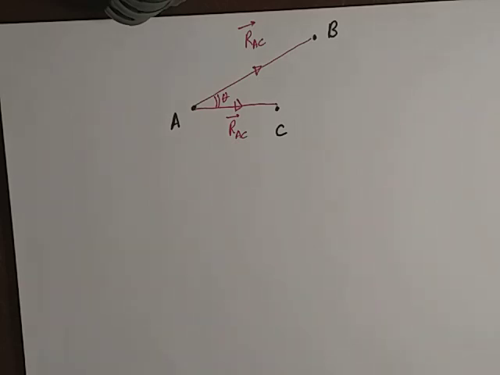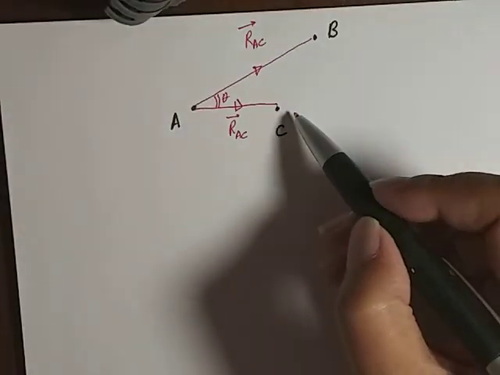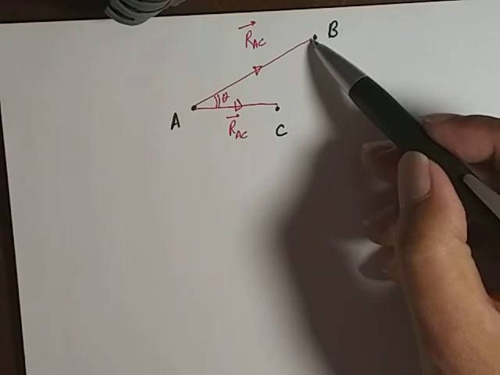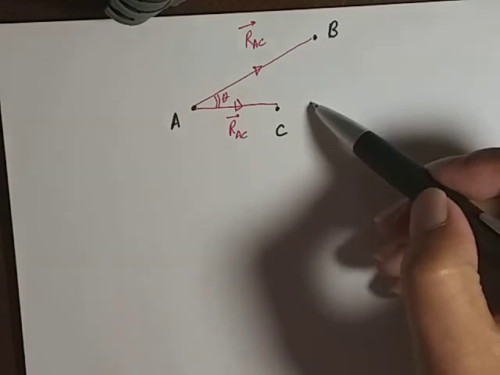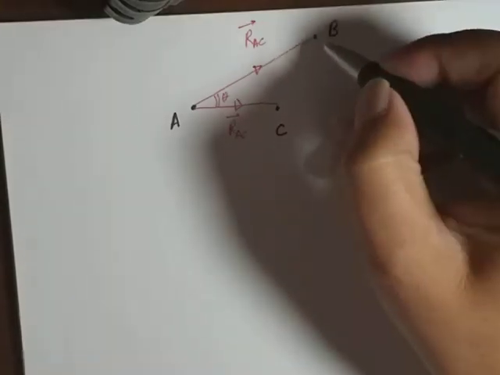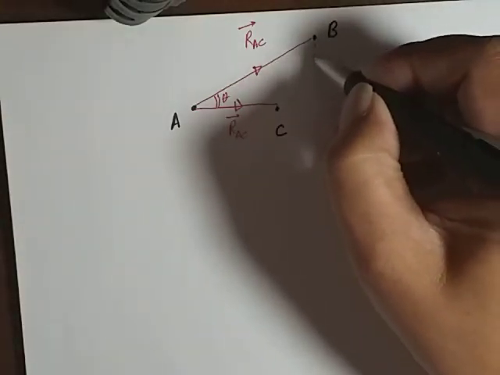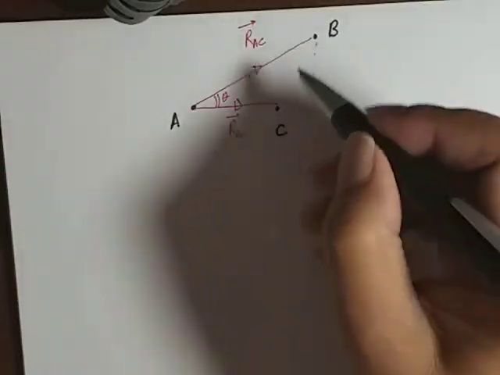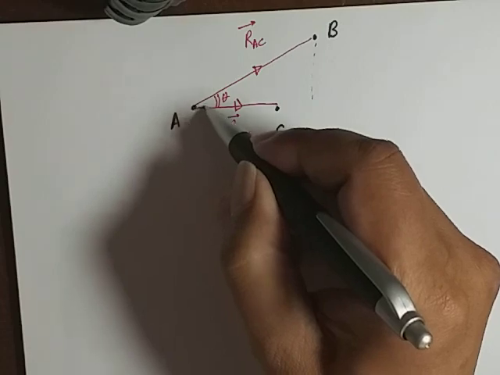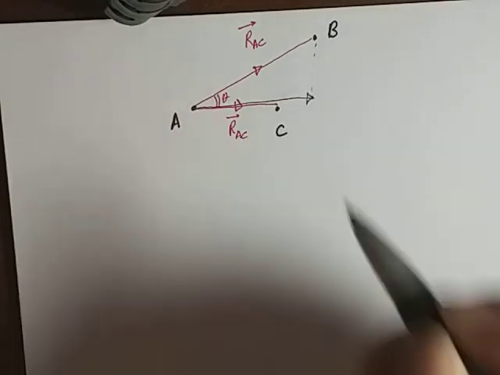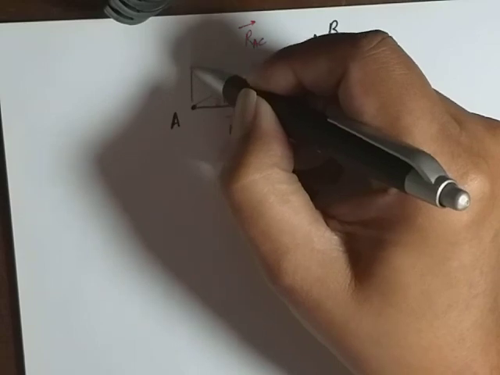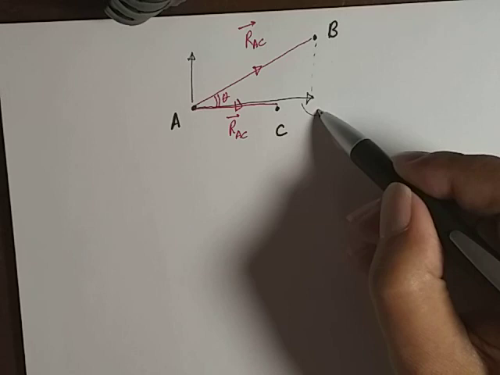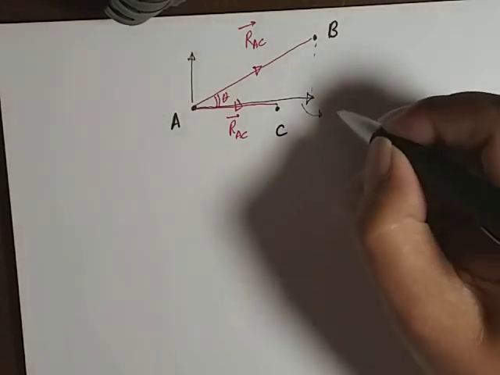So when we talk about the projection vector RAB on RAC, we can simply say, what is the component of RAB that appears to be in the direction of RAC? So what we need to do is project the vector RAB to coincide with the vector RAC. How do we do it? We split this into two components. One will be parallel to the vector RAC. Another one is normal to the vector RAC. So this particular vector we call the vector projection